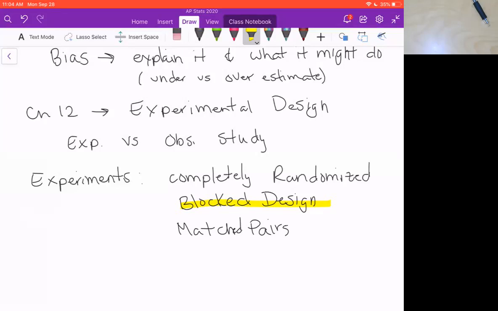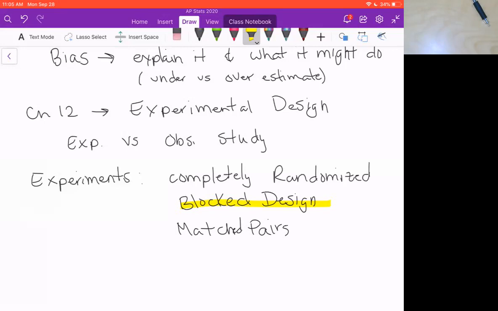So if you remember the SAT prep class, we were looking at whether the online versus the in-class SAT prep class was better. So we could block by the year. Okay, because we thought, hey, you know what? Seniors tend to do better on the SAT than juniors anyway, so we should block by junior versus senior, and then that reduces the variability within each block. So that's why we block. When there's a factor that we think affects the response variable, it is a good idea to block.